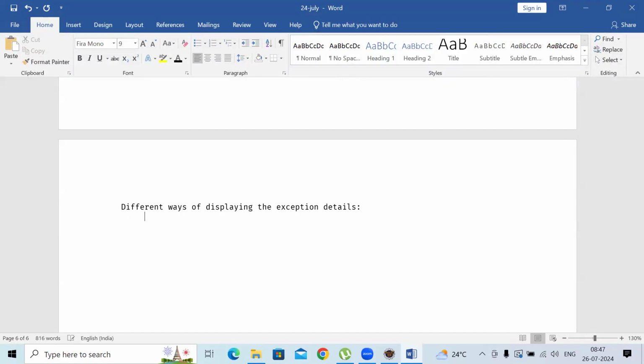Tell me how many ways are there? Three ways. There are three ways to display the actual details of an exception. Okay, what are the three ways now? Number 1,